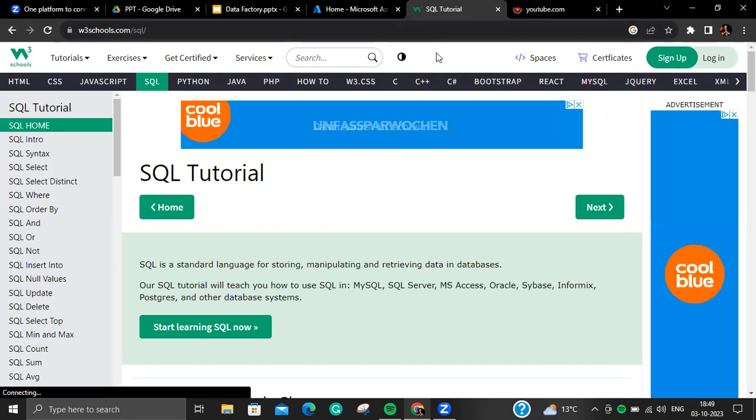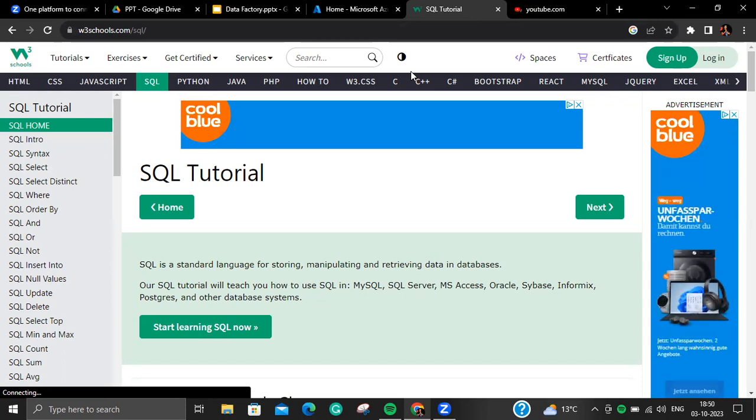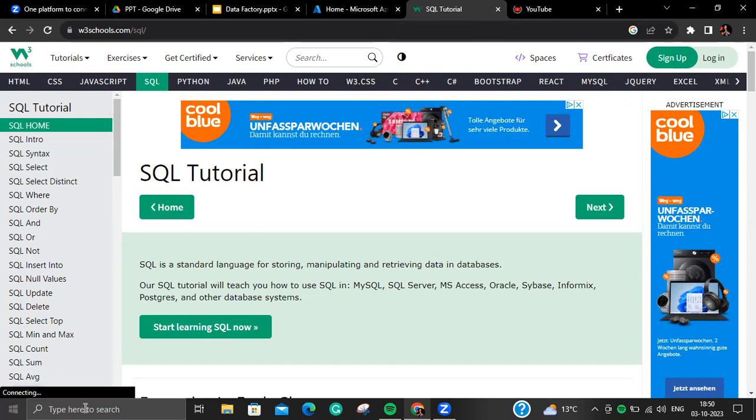And if you don't know about it, why is SQL necessary? Let's try to understand why SQL is necessary. So basically, you are a data engineer, so you will extract the data from one point, like you will try to